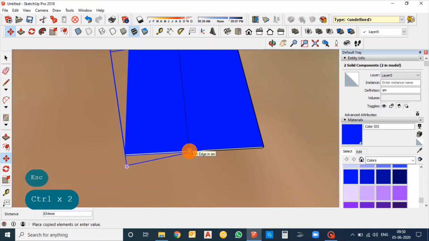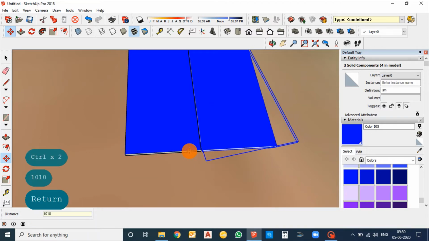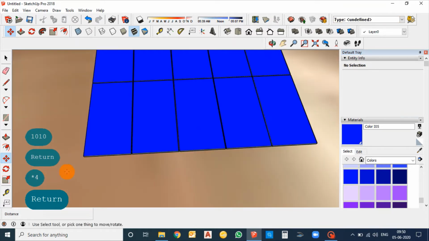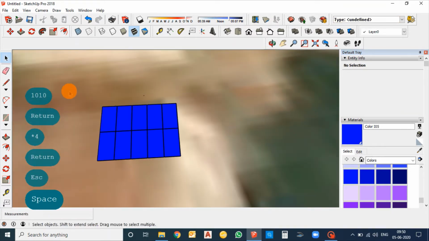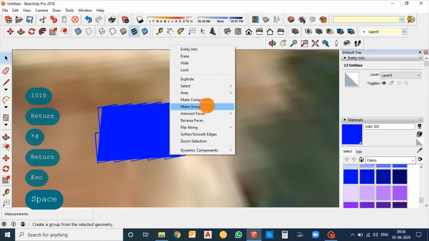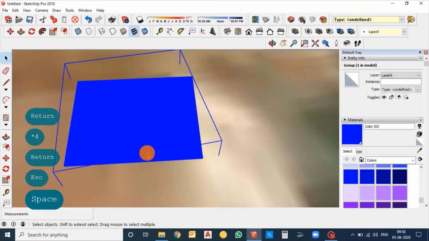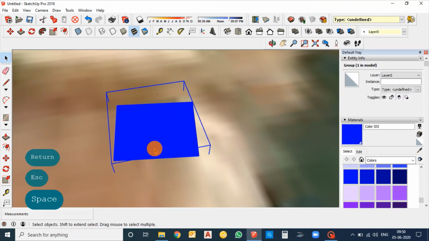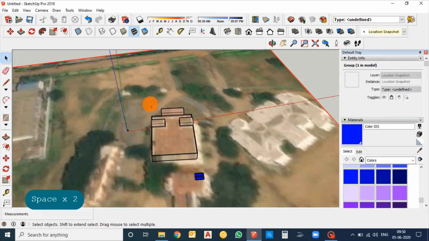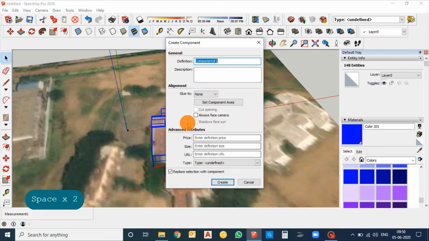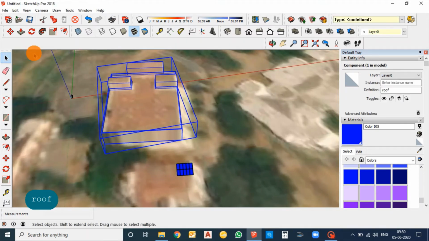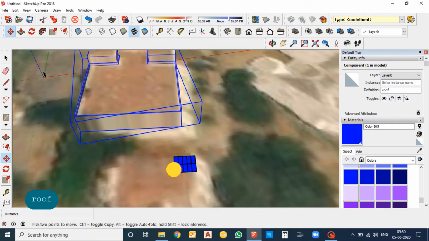The spacing between the modules I am giving is 20 mm. You can certainly change it depending upon your site location. For multiple copies, after pressing Control, just click on the number of copies you need. I'm going to make it a group now. The table which I have created is made a group, and then before placing it on the building, just make this building a component so that there will not be any collision between the module and the building.